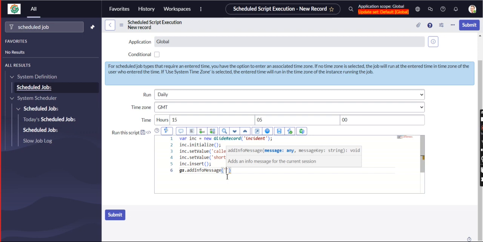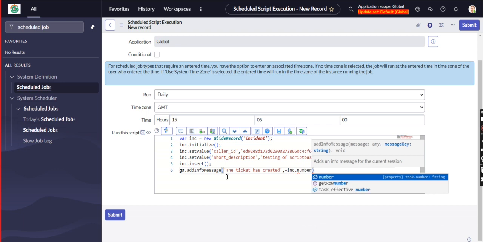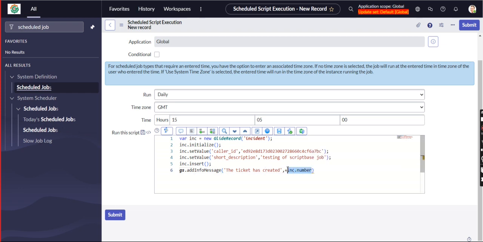The ticket has created, comma, plus inc dot number. gs dot addInfoMessage.